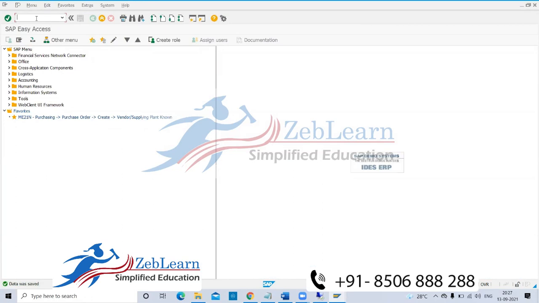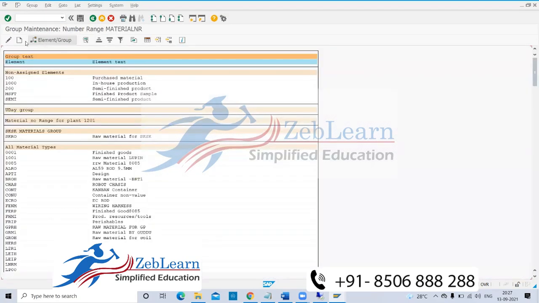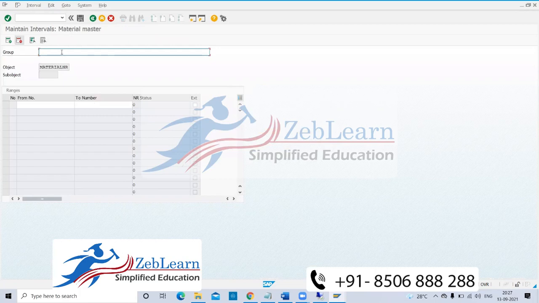Now the number range, I have shown you how to assign the number range. You have to go in this T code MMNR. You have to first create a group. Just go to the create button, write the description of your group, give the number range.